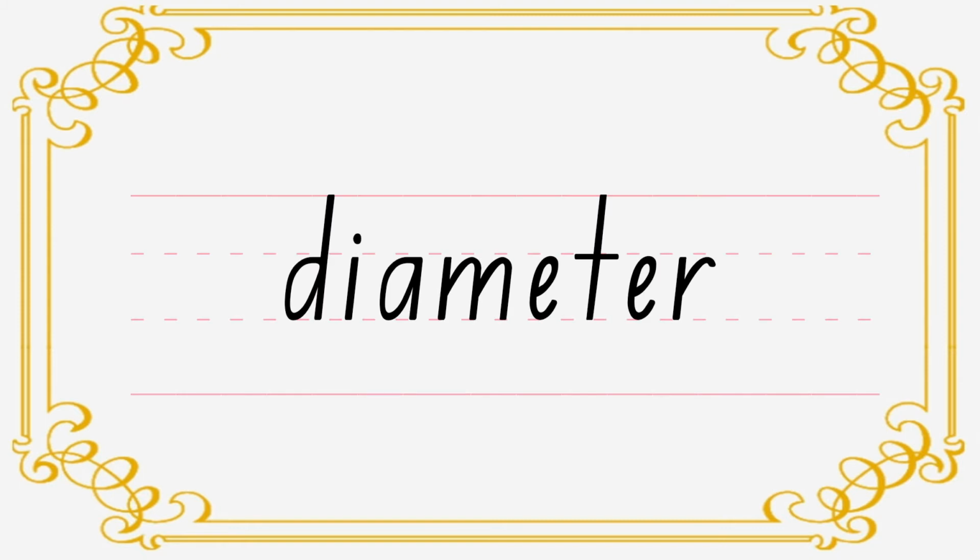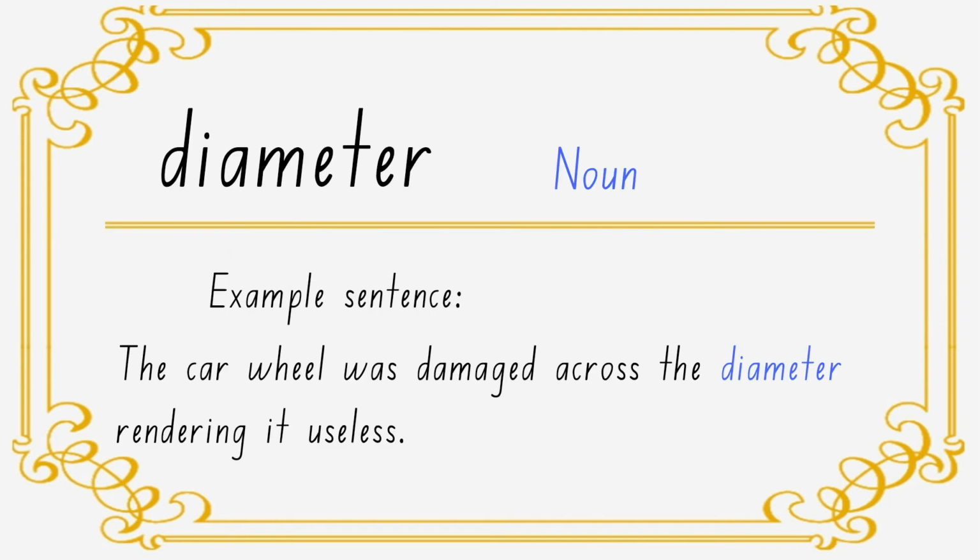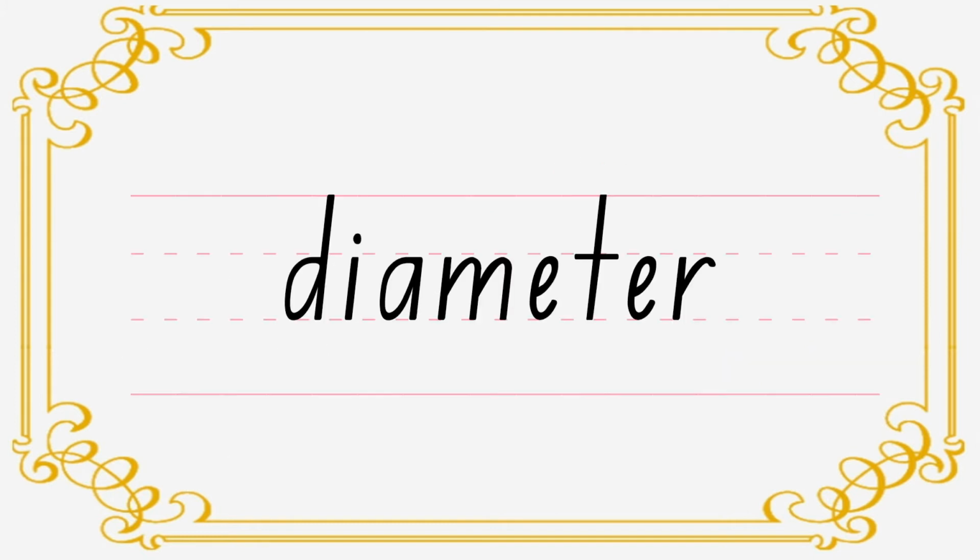The next word is diameter. Diameter is a noun, and it's a word relating to circles. So it's a line passing from one side of the circle to the other side, which goes through the center. Okay, for the spelling of diameter, split the word into two parts. We have the prefix dia and meter,